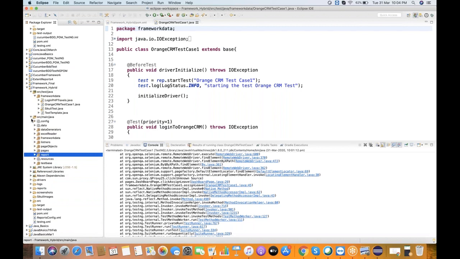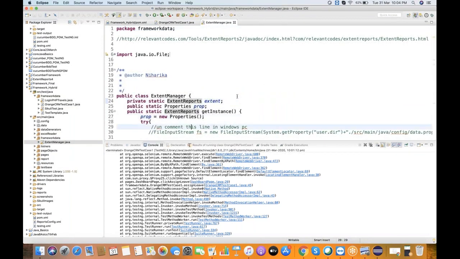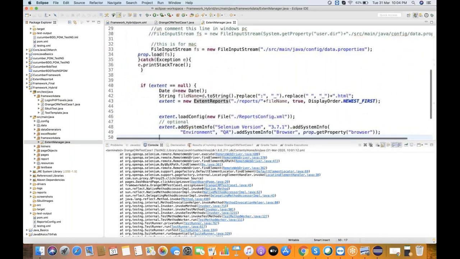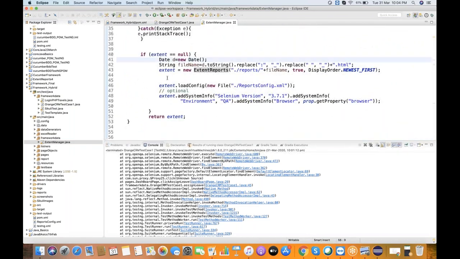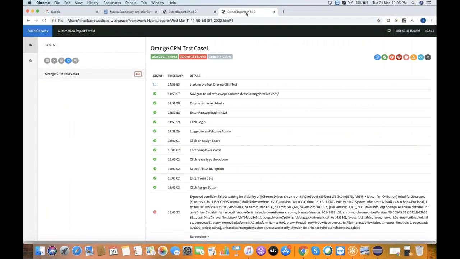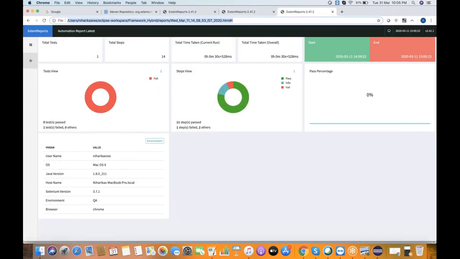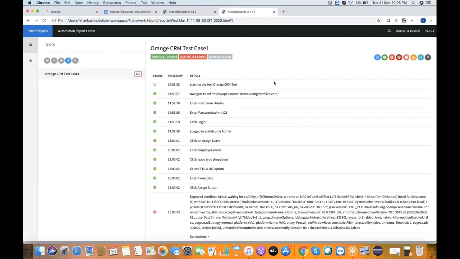For example, there is something called the Extent Manager. The code which you are seeing here, for example, this one, if this is null, this is coming from their website, where it is clearly mentioned how it works. Those kinds of things we can reuse.